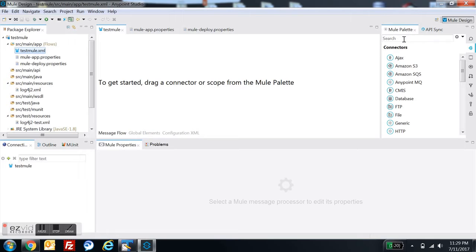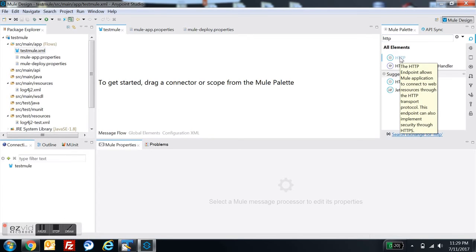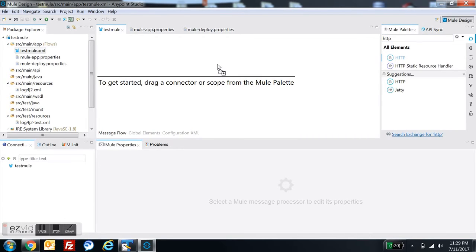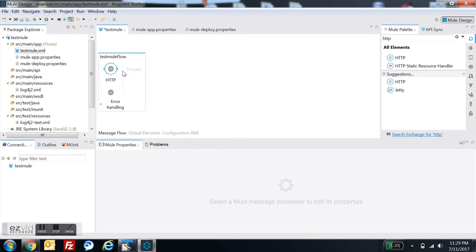Very simple one with just HTTP, and then you are sending some data back. So we'll start with having HTTP. You can just simply click on it and it gets auto checked, and then you don't even have to drag and drop it. So you just click on it, come here, and just one single click,